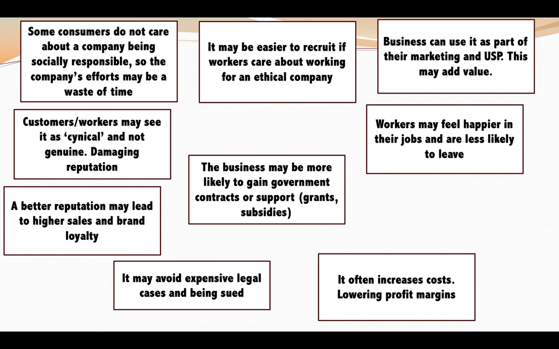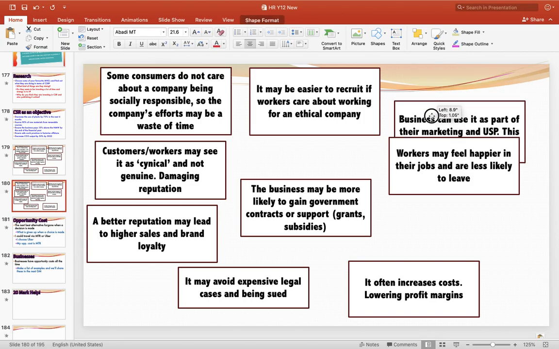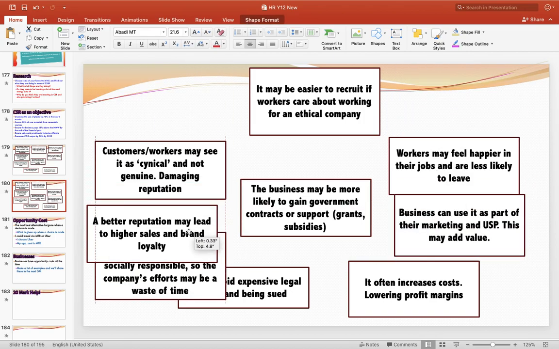So we've got a load of statements here. So what I'd like you to do next is arrange these into 2 columns. Okay, so these are positive and negative statements to do with CSR as an objective or putting energy into CSR. So what I'd like you to do is arrange these boxes, copy them out, and arrange them into 2 columns. Okay, so hopefully you've done that. If you haven't, pause the video and do so. So let's arrange these and you can check them off. So let's create a bit of space here.